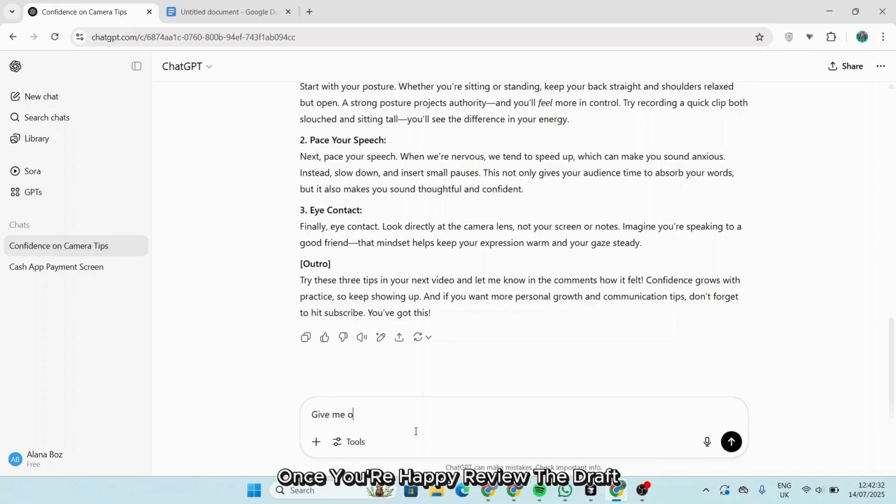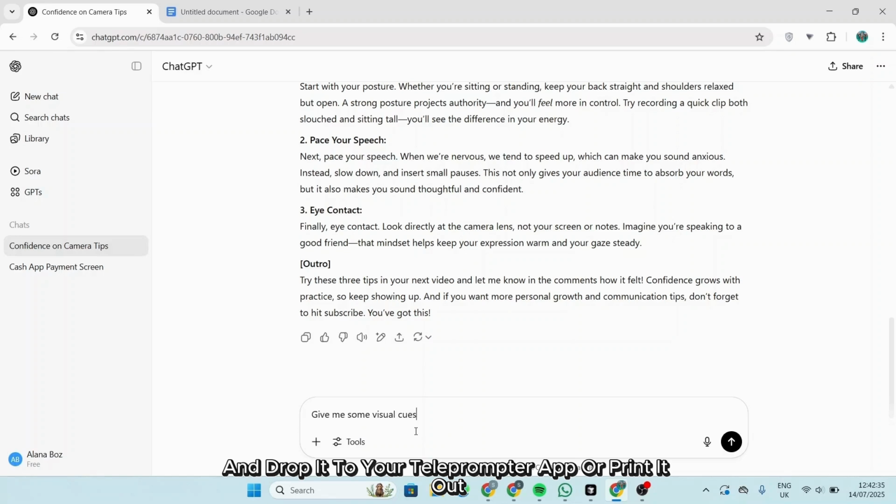Once you're happy, review the draft, perform a quick spell check, and drop it to your teleprompter app or print